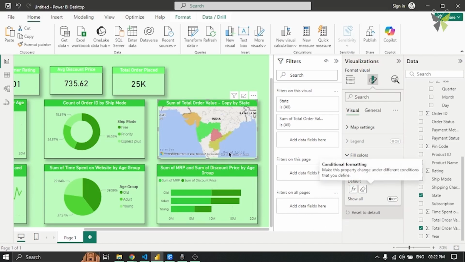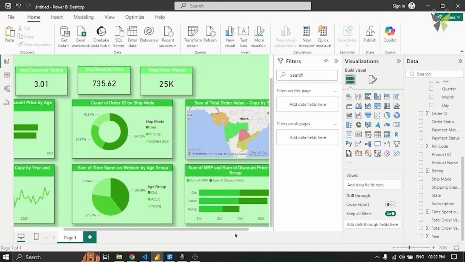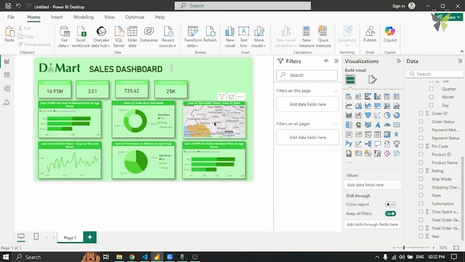So now each state is getting color. Maharashtra is greenish in color, so DMart is working properly in Maharashtra. But as you can see, Telangana is reddish in color, right? So we can now easily understand which specific area or state is actually giving us a lot of profit.